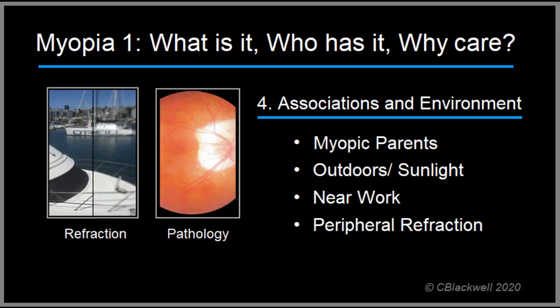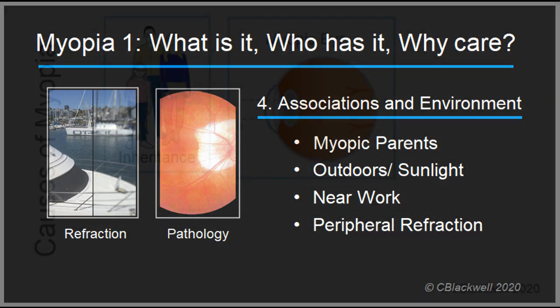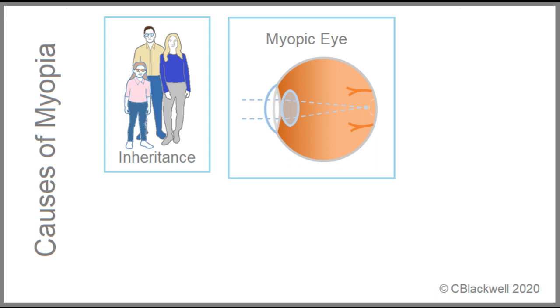We now switch to the other side of the question. What about environment and myopia development? We know that genetic background accounts for basic susceptibility, but it doesn't explain the whole picture. Researchers believe the prevalence is increasing faster than can be accounted for by changes in gene frequency. There must be other contributing factors.